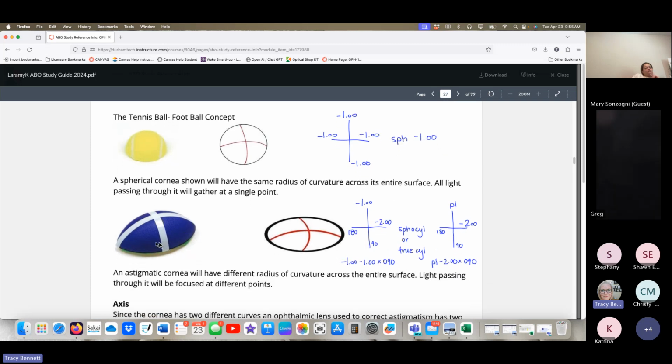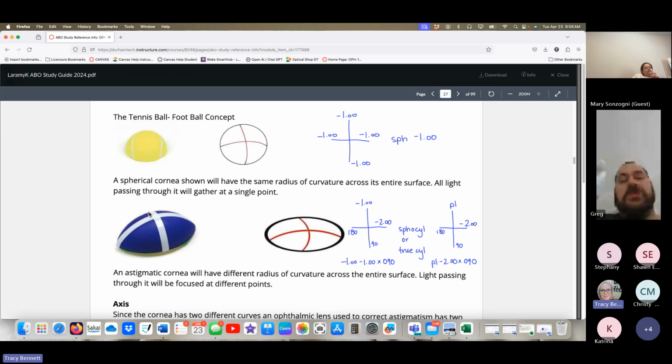But when it comes to a cylinder lens, you've got two different curves. You can see this curve right here is flatter than this curve 90 degrees to it. That would be an example of a spherocylinder lens, where you might have the -1 right here versus the -2 in the cylinder part. You see that right on the optical cross here. So like a -1, -1 at 90, you'd have that -1 going across here and your -2 going across here,